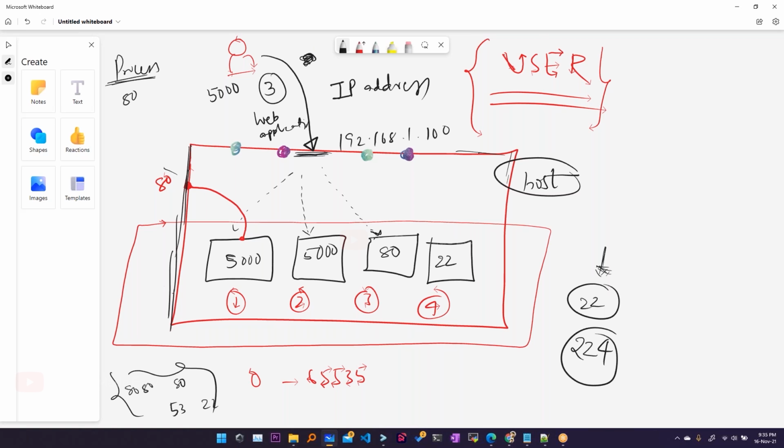He can only reach a specific port number on the host, but in order to go to a dedicated application running inside, I have to map that port. It is a link, one side of the pipe and the other side of the pipe. One side of the pipe is the host port, the other side is the container port. So now there is a unique combination: 80 and 5000.